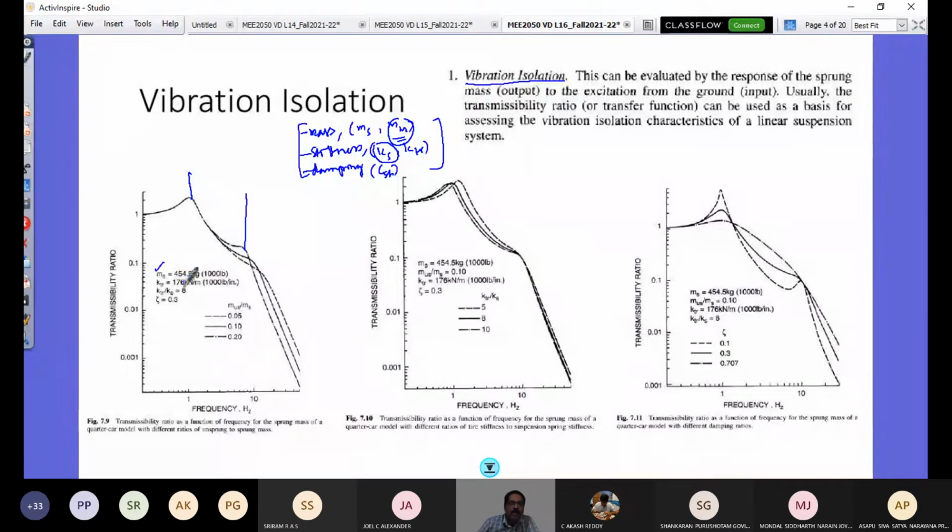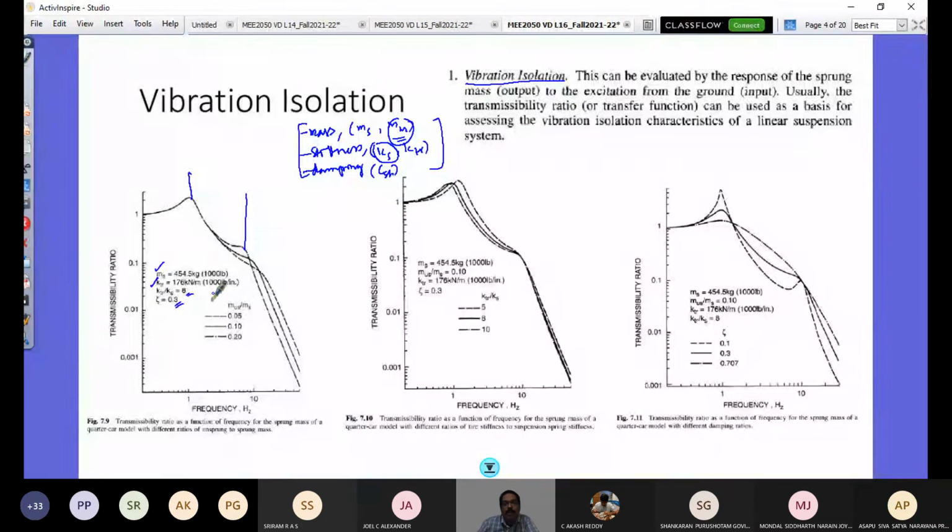So I have this mass, 1/4 of the vehicle mass, and the KTR of the tire is not changed, so that's fixed. The KTR by KS value of 8 is chosen, it's fixed here. My damping is also fixed, it's 0.3. So for this given condition of my vehicle, if I play with my unsprung mass changes, so the ratio of